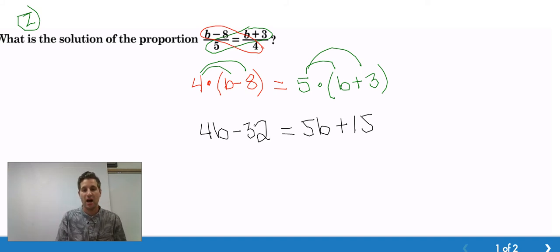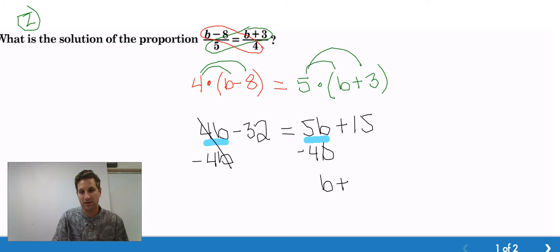Okay? Move the smaller variable. Notice we've got to combine our like terms, but the 4b and the 5b are on opposite sides of the equation, so I need to move them by subtracting or adding them. In this situation, 4b is smaller, so I'm going to subtract 4b from both sides. Goodbye. Subtract. And this is not going to cancel out, it's just going to leave me with b plus 15